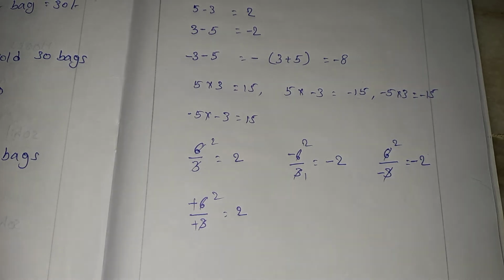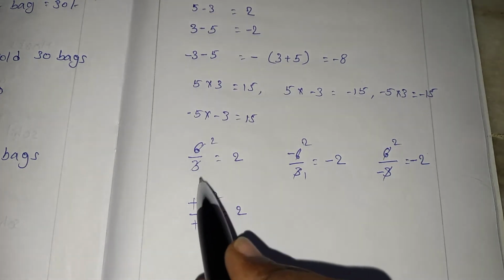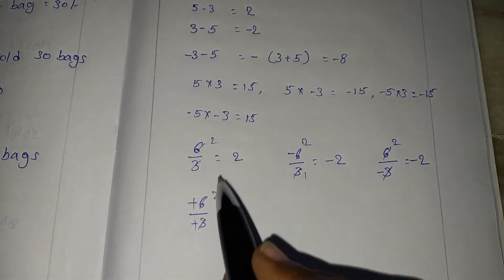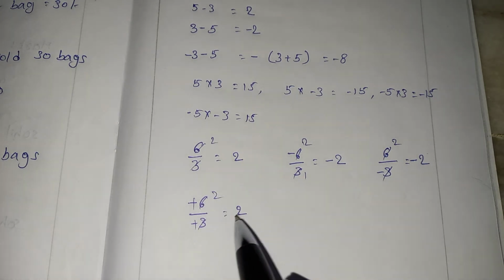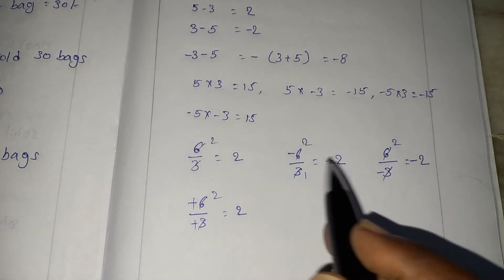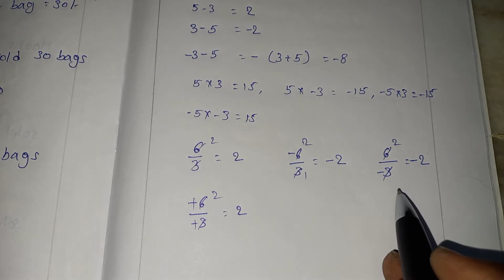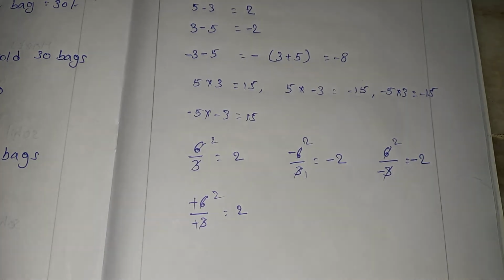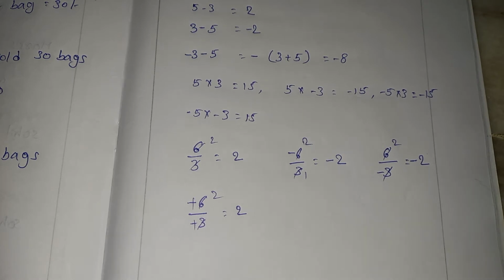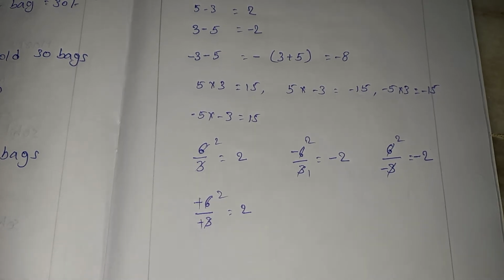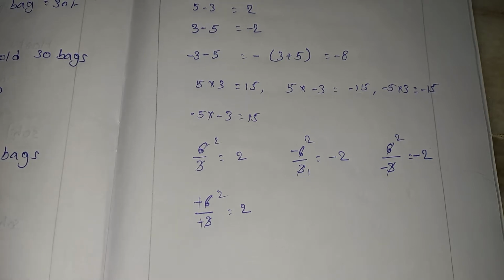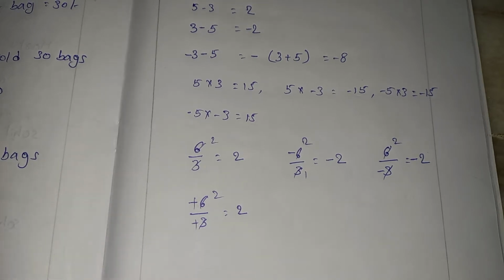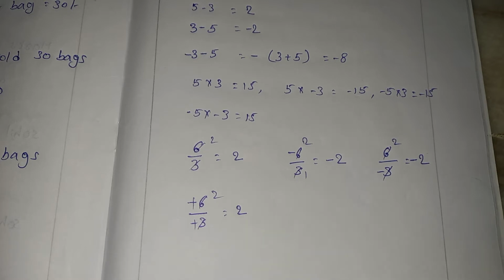Result will be 2. Just like multiplication, if both are having the same symbol, positive or negative, result will be positive. If at least one, numerator or denominator, is containing a negative symbol, then the result will be a negative number. Understand? Okay, this also you understand. Then you may get a doubt, madam, what is BODMAS and why are you explaining the same things again? I am just explaining these things so that you can understand BODMAS very well.